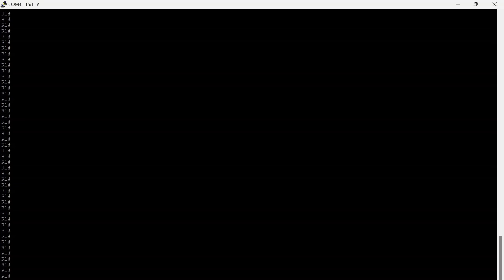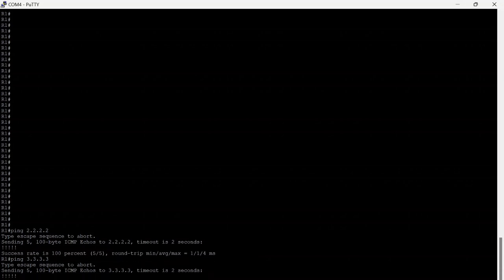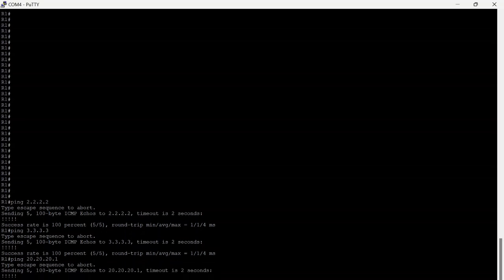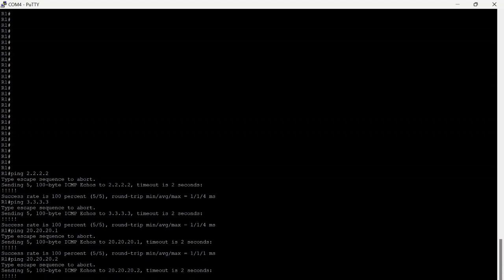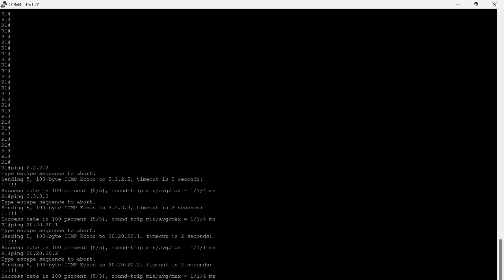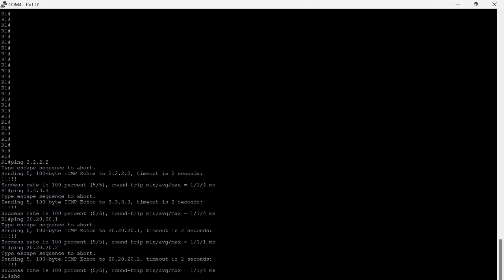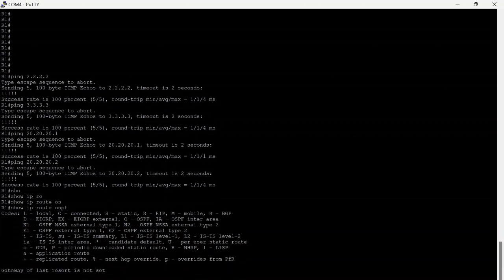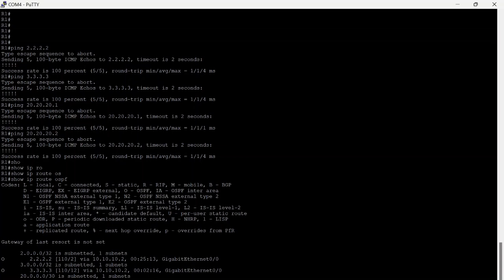Now I want to ping the routers. First I ping the loopback of router 2, and this is success. And I ping the loopback of router 3 and the network of routers 1 and 2, and this is success.